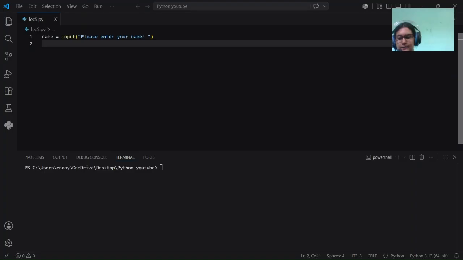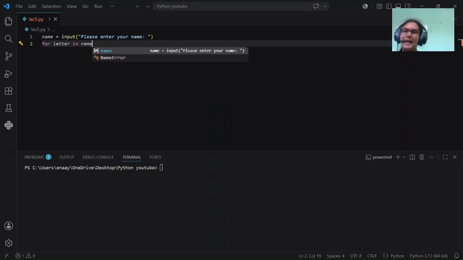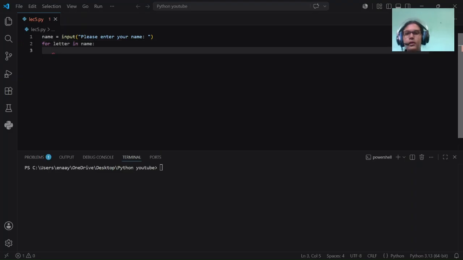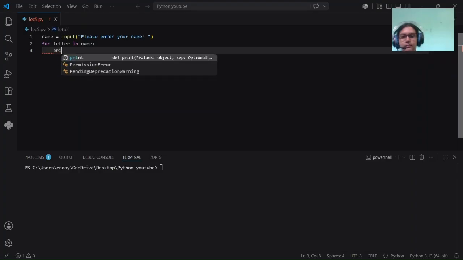Now let's see. Earlier we were using the variable name I when we were doing numbers. Here let's use letter according to our question, right? In our question it was given letter in a string. So you can name it anything. You can even name it I if you want to, but letter just feels appropriate. Colon. For letter in name, we already have a sequence here. Print